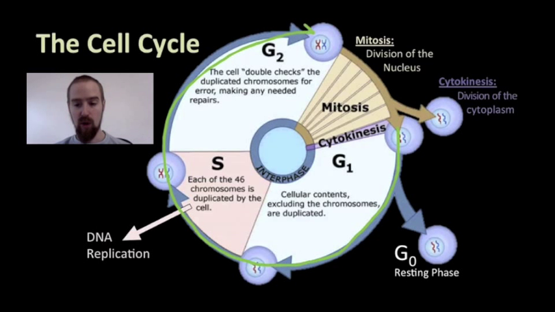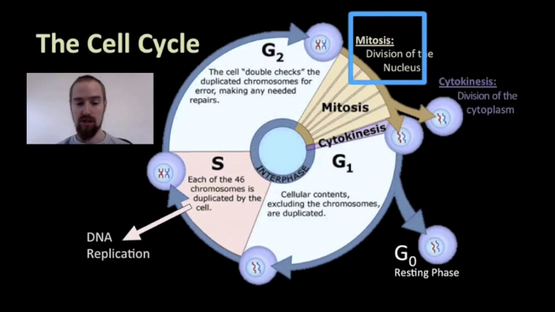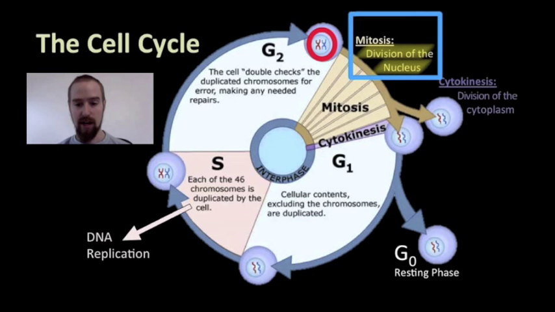After interphase, when the cell has completed the G1, S, and G2 phases and is ready to divide, the cell begins a process called mitosis. The word mitosis is often used interchangeably with cell division, but that's not technically correct. Mitosis really only refers to the division of the cell's nucleus and the process by which the genetic contents of the nucleus are divided into two equal sets that are identical to the original set of genetic material in the